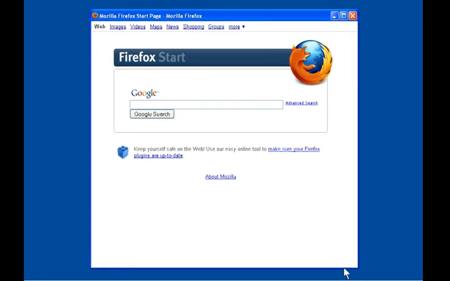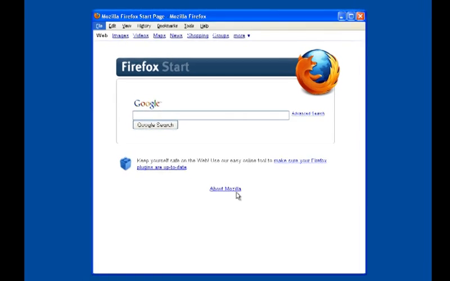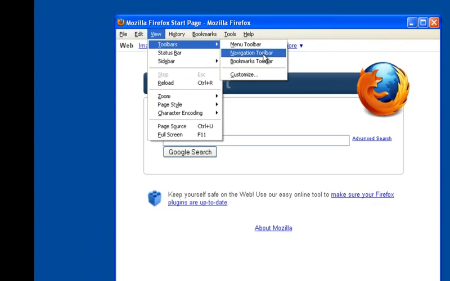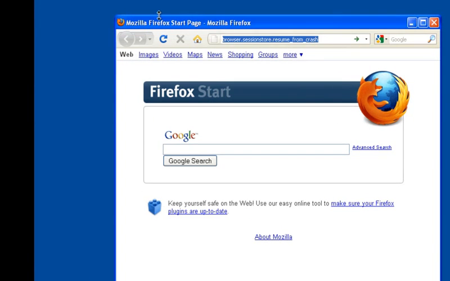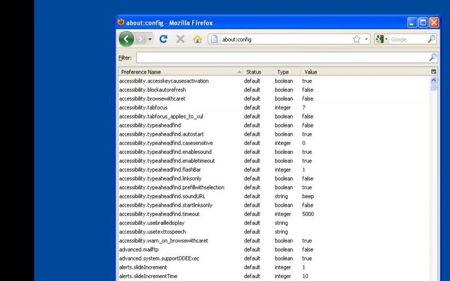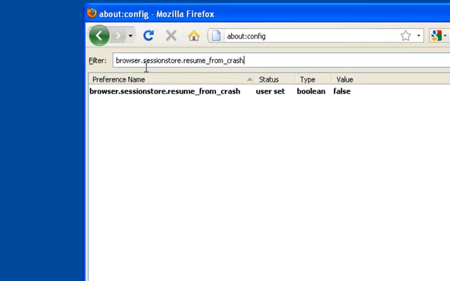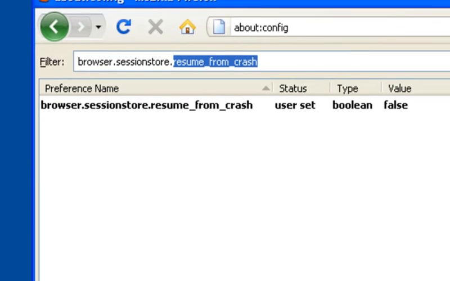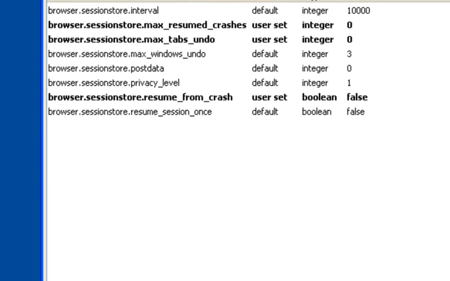So first let's go ahead and hit again the Alt key on the keyboard and click on View, Toolbar, Navigation Toolbar, just to enable it for a second. And you want to type here about:config and press enter. Go ahead and agree. And what you want to do is you want to go into this path right here, browser.sessionstore.resume_from_crash, or rather actually let's go ahead and just go to sessionstore so we can see more